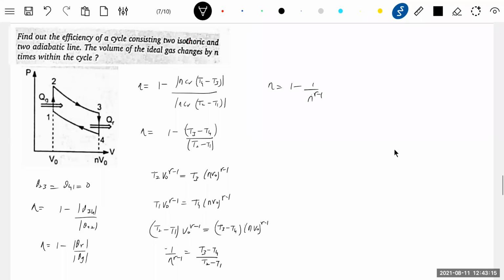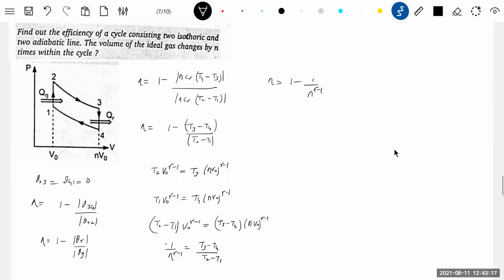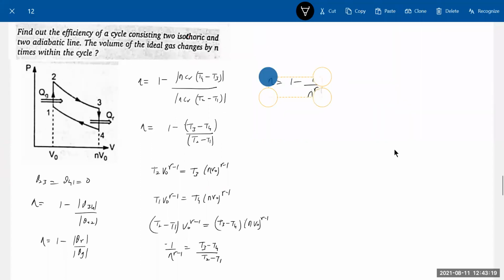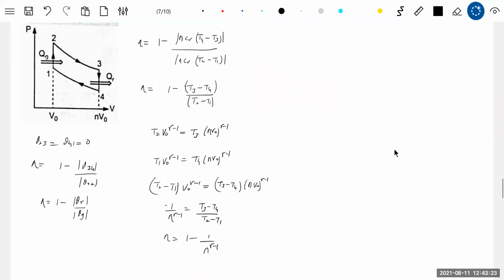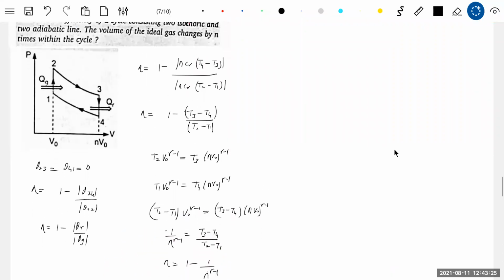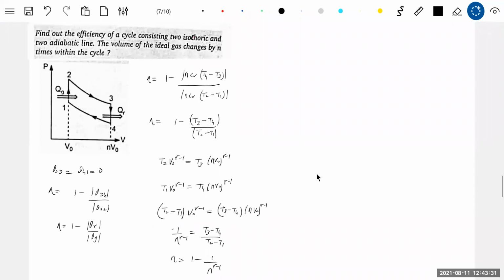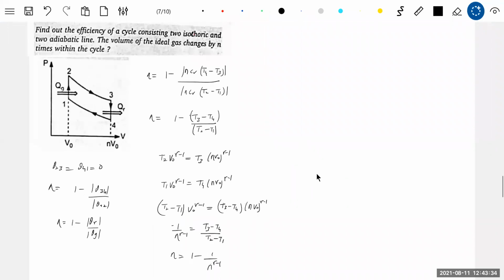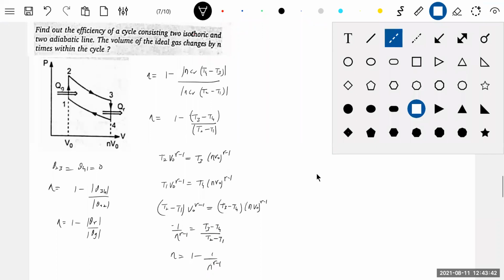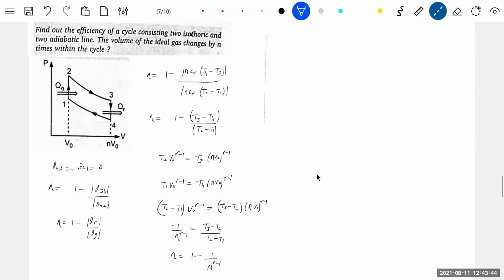Okay, simple. Now let's go for equivalent graphs. Very important, anywhere can be asked. Let's plot the equivalent graphs. First I want the pressure versus temperature versus volume graph. Rough graphs,